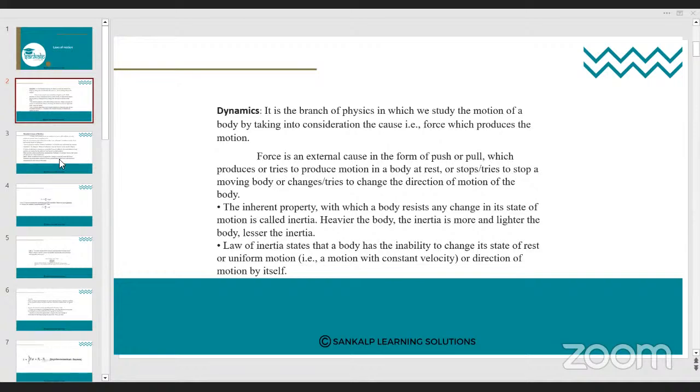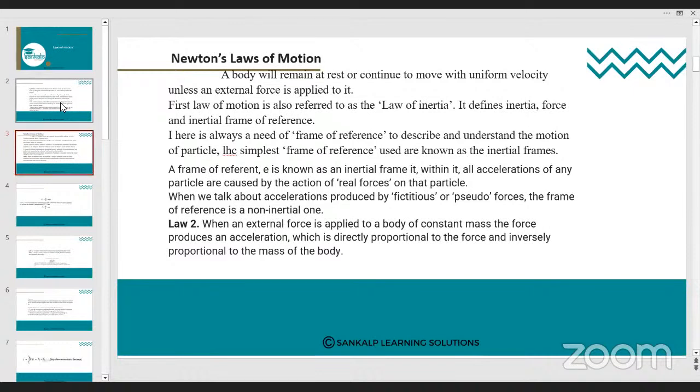We will see the proof of the second law later. Can anyone state the third law? Okay, the next one, third law. For every action there is an equal and opposite reaction. Yes, very good. That is the third law. At least the first two laws, and even if you forget the third law, everyone may remember. But don't forget any of the laws till you complete your PUC second year.